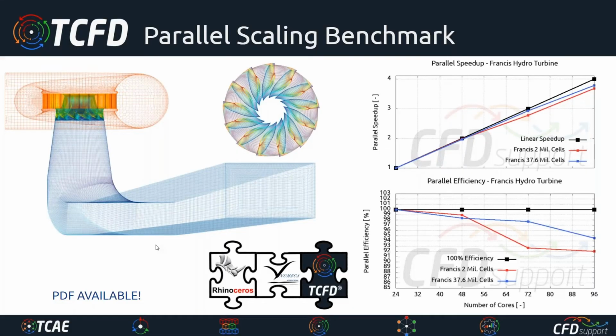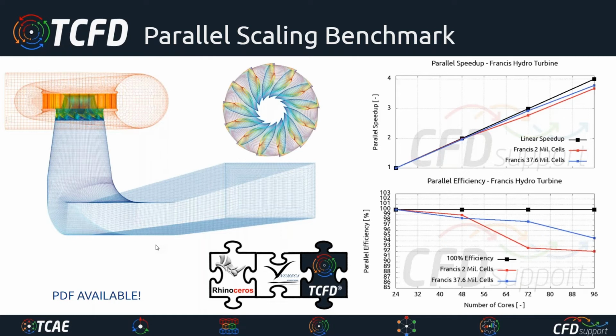The next example is special. It's a detailed benchmark focused on parallel scaling. As you know, scalability is one of the most important features of any CFD code. For any modern CFD code, it's critical to show linear speed up with increasing the number of simulation cores,